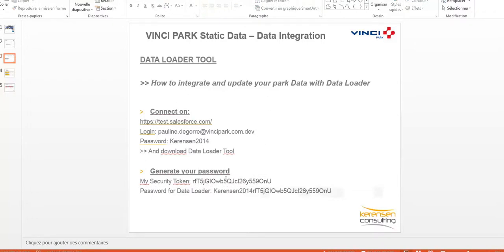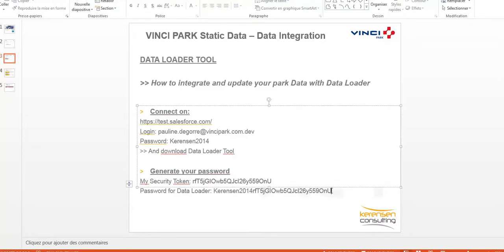And when you have your security token, the goal is for you to have your password for Data Loader, because this one is not the Data Loader password. Data Loader password must be the concatenation of your password on Salesforce, so for me, it's Kerensen 2014, plus my security token, which is here.